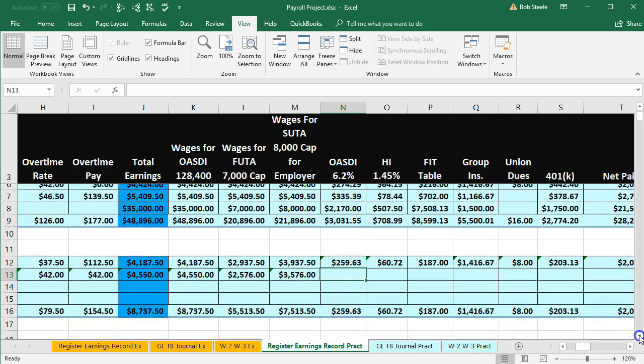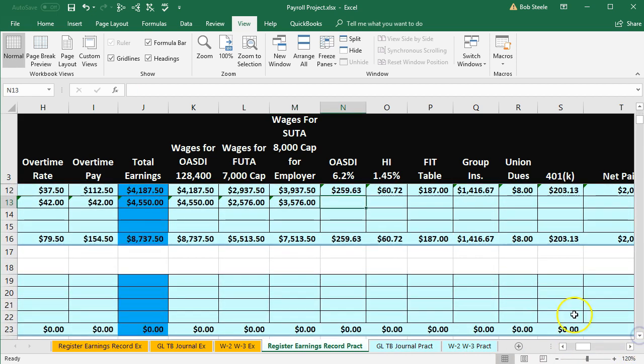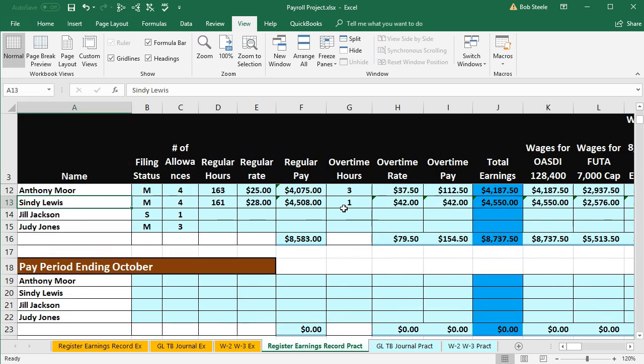I'm going to scroll back down so we can see our headers better. And we'll go through the OASDI. So this equals the OASDI wages times 0.062, tab. The HI or Medicare equals the total earnings, because there's no cap, times 0.0145. And then the FIT, so we're going to have to scroll back over and we'll find that FIT for